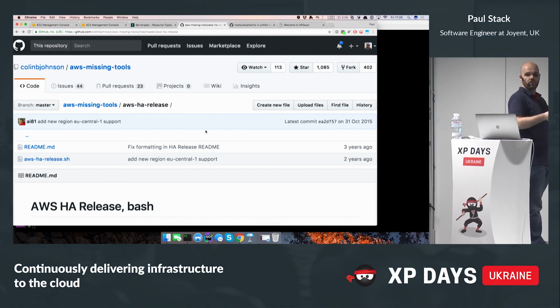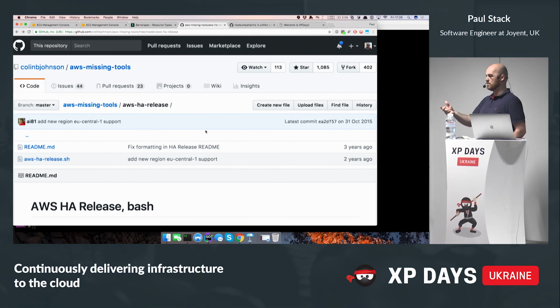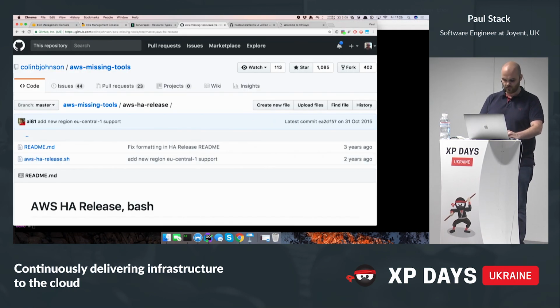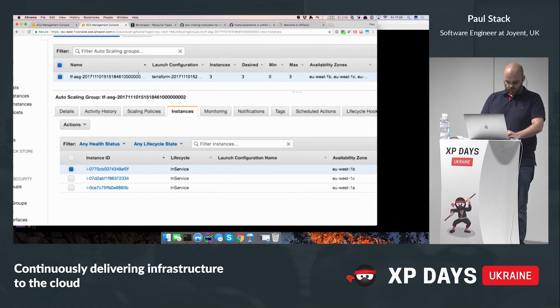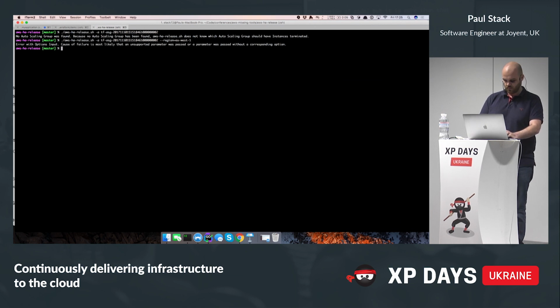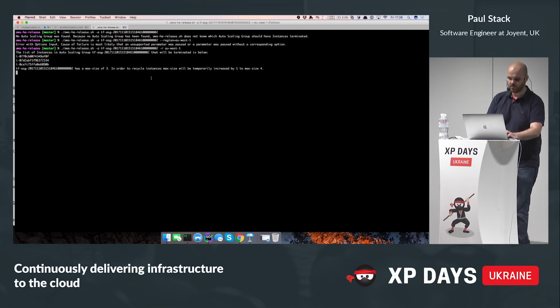So I can actually roll out all of my new servers with the new version of the code using this tool, and we can go and do that, hopefully. I just need the auto-scaling group name. Wow, what a name. And we do Aws HA release, and we'll do the name, region equals EU West 1, maybe? No. There we go. So it's found a list of instances,